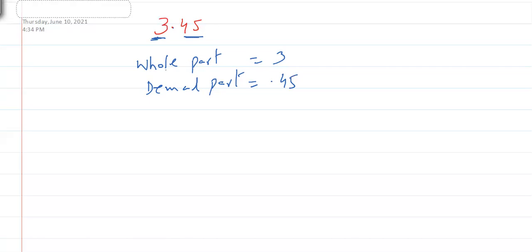Keep in mind, after the point, we don't write the combined number. You read it digit by digit. Don't read it as three point forty-five. That is mathematically, conventionally wrong. You should read it three point four five. So it has two parts, a whole part and a decimal part. So how many digits are after the decimal? 2 digits. So I will say it has 2 decimal places, because it has 2 digits after the decimal.